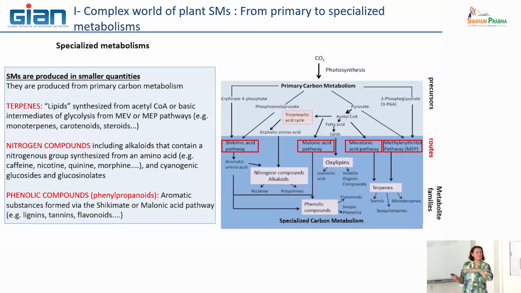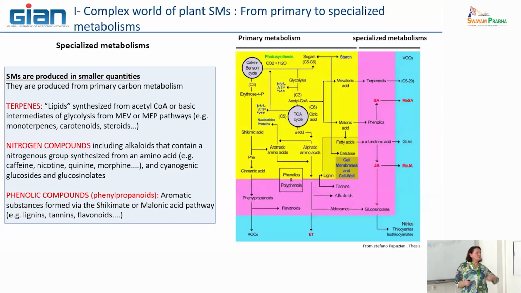So here is exactly the same representation, the core, the heart of metabolism. With the Calvin-Benson cycle, you see it's the first step of photosynthesis, and also this one. What is represented here is that the primary metabolism leads to these two types of secondary metabolites, what we call the soluble metabolites and what we call the volatile metabolites. Every time, these volatile compounds come from soluble ones that have been a little bit modified.